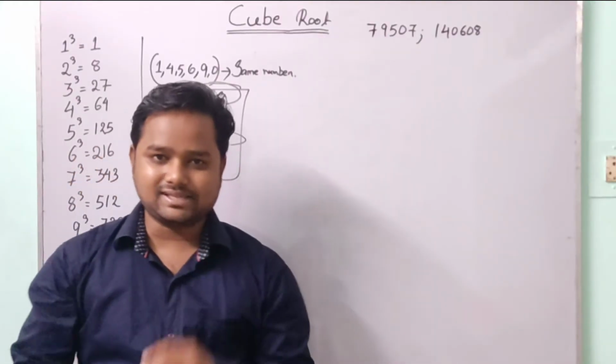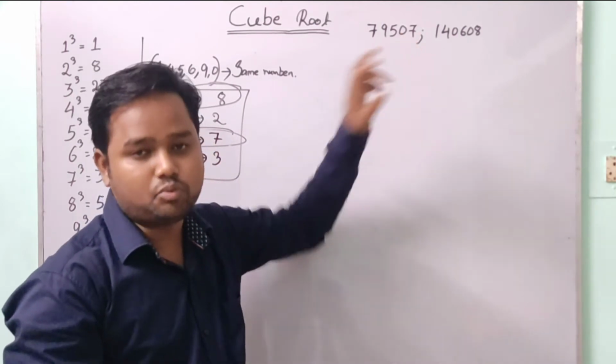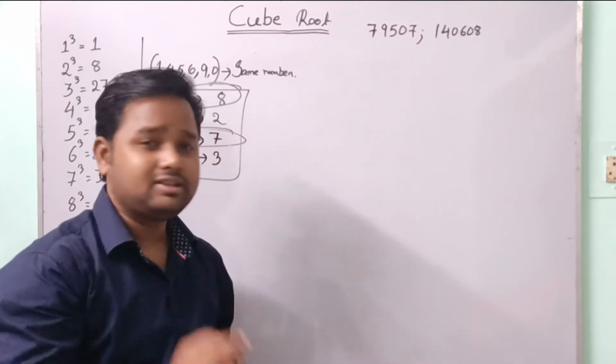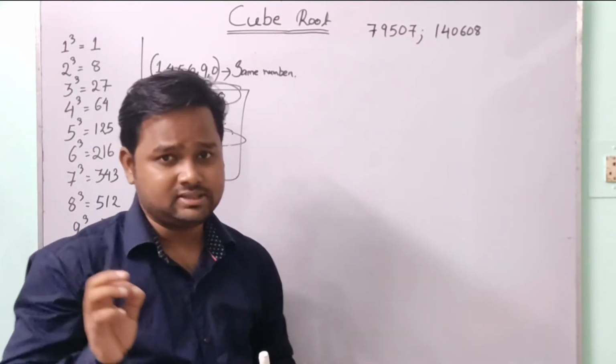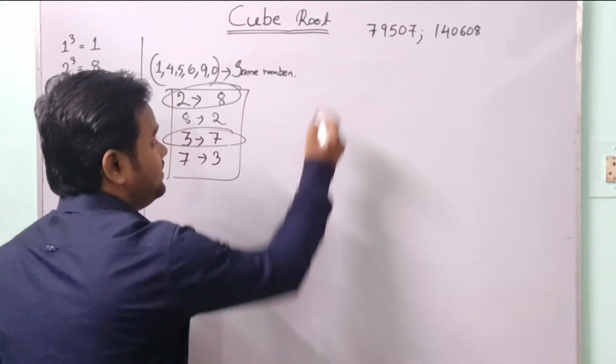Now, let's take an example. Suppose the number is 79507. We have to find its cube root. The process is too easy. It takes just 2 seconds to complete it. The number is